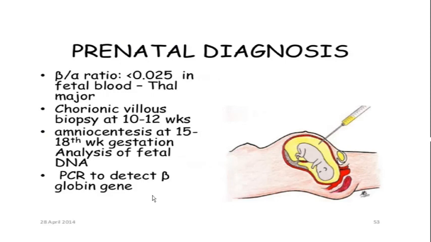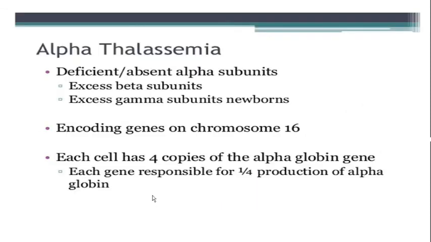This maxim suits especially this dreadful disease which is beta thalassemia. And similarly, alpha thalassemia, as we know, because of the absent alpha subunit there will be excess beta subunits, and again this will form a tetramer and form an inclusion body, and similarly it will enhance ineffective erythropoiesis and extravascular hemolysis. And the genes are present on chromosome 16.